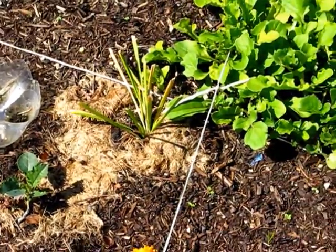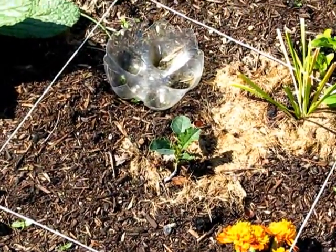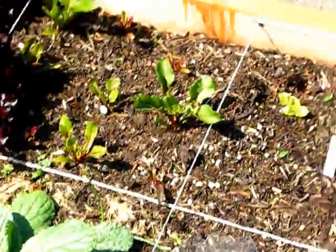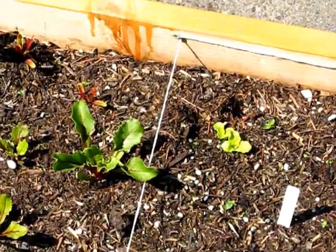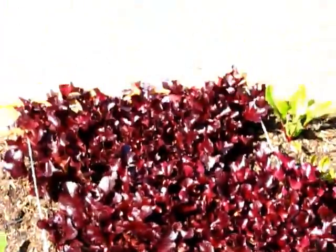Anyway, there's my dino or lacinato kale. I've got, there's that spinach and some beets. Wow, those look kind of similar, don't they? How interesting. And over there would be the butterhead lettuce and more beets. Borage, carrots, red salad,